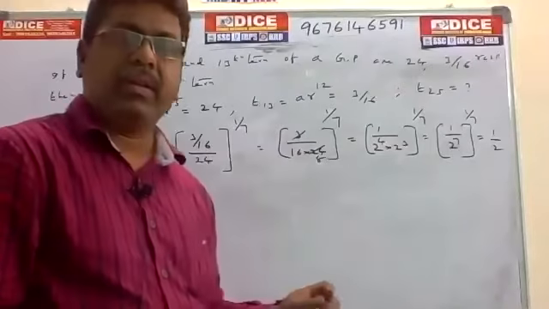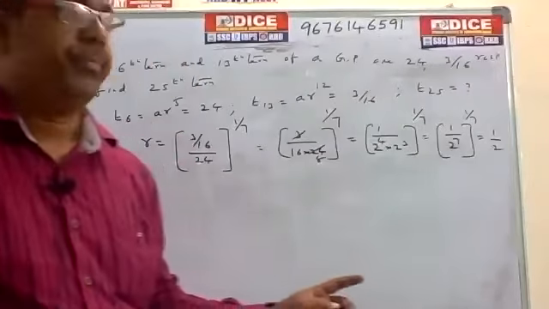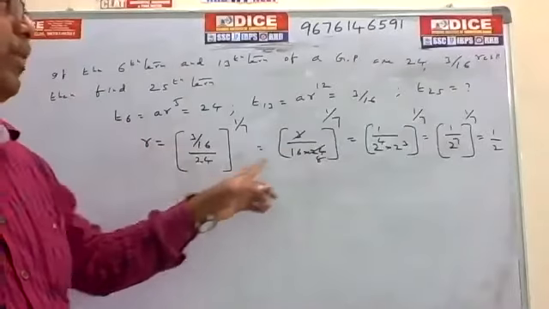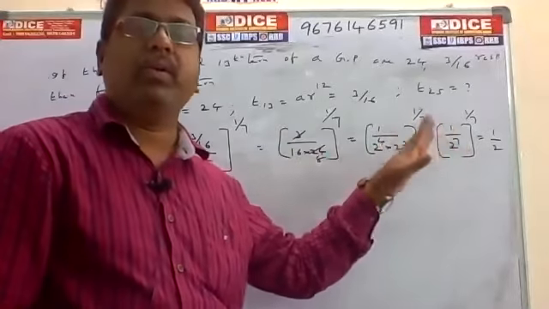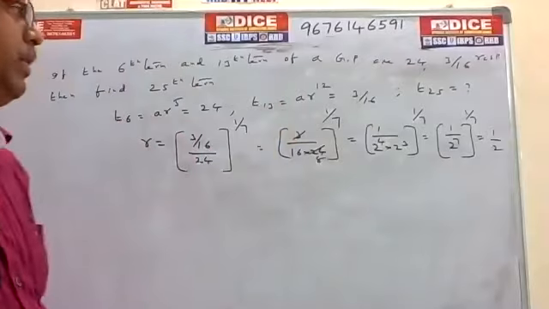Nikita, 1 by 7 is the wrong answer. I said wrong answer. First of all, you have to find out the R value compulsorily. Without knowing the R value, you can't do the problem. So for that, I have given the answer for R previously.